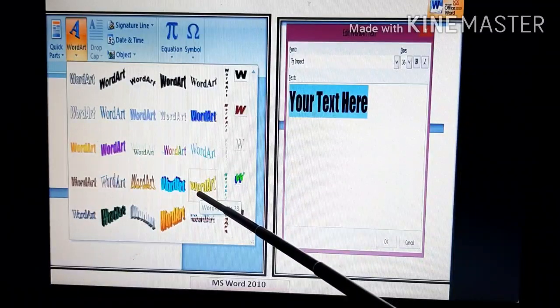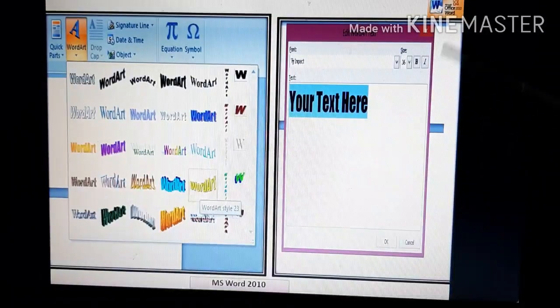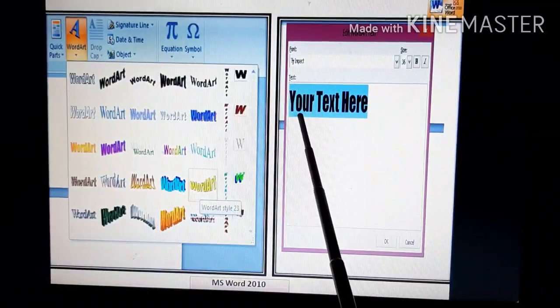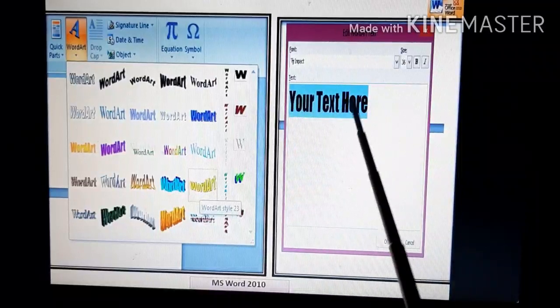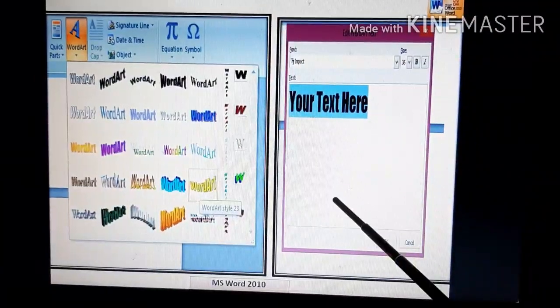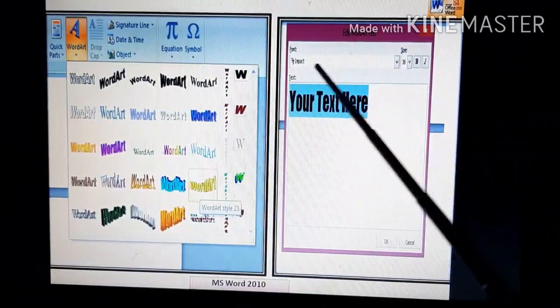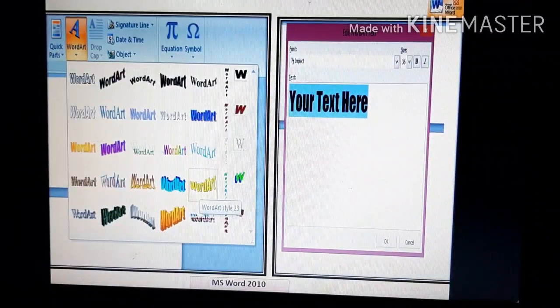After selecting this, you can see in this second picture, this edit word art text option is opened. On this particular option, this text will be predefined. You have to remove this with the help of backspace, or you can say we have to erase this text with the help of backspace. After erasing, you can write anything. Even you can write your name, class, and section. Likewise, in this particular box only, you can apply bold, you can apply italic, you can increase or decrease the size of the text, or you can also apply different types of font style with the help of this particular option. So now let us understand this topic with the help of live demo.